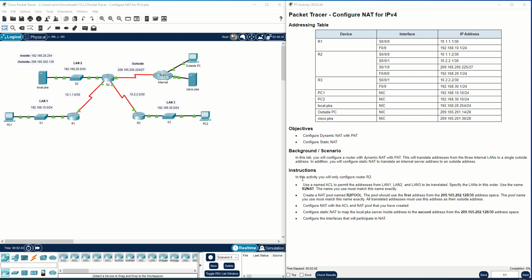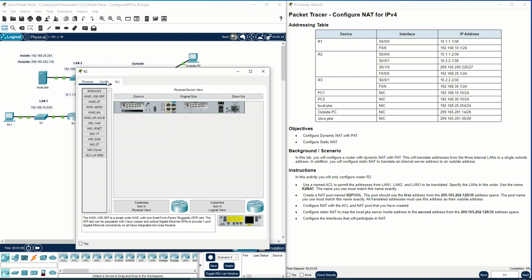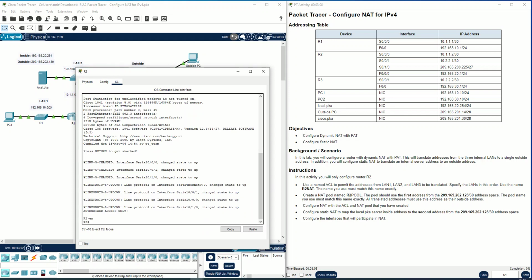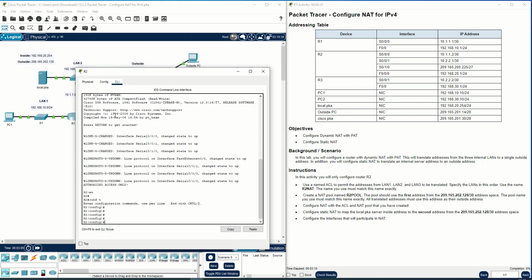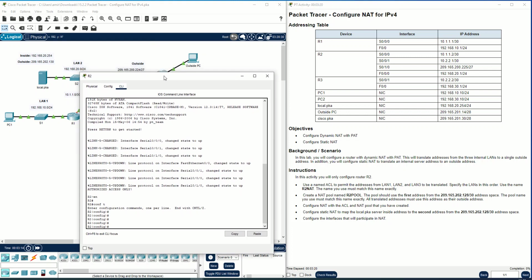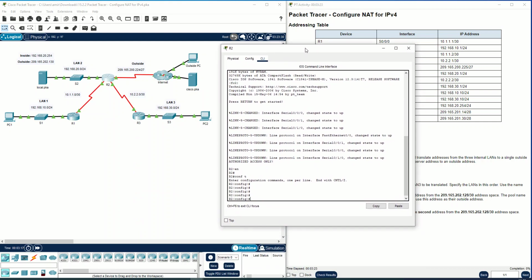In this activity, first we should create an access list. As you know, PAT only works on the border router. The border router is the router that is connected directly to the internet, and in this topology, the border router is Router 2. We should go to the CLI and enable config t, and first create an access list because we want to tell our router which networks we can use in this